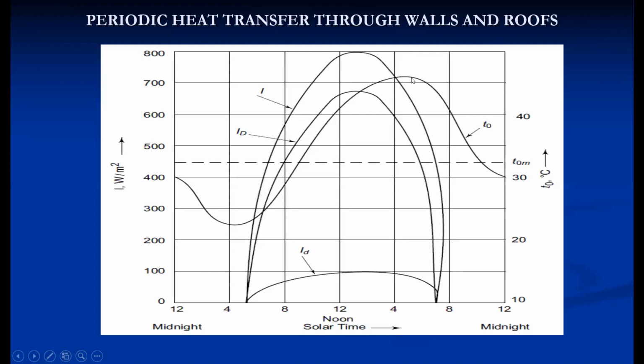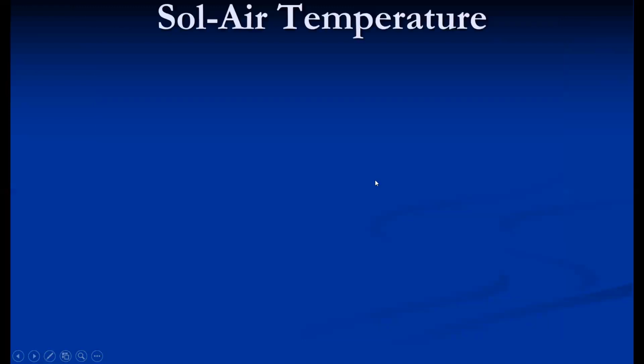It reaches the peak generally at 4 to 5, when the peak heat transfer takes place. That is the temperature on the summer side, so the outside temperature may reach 40, 45 degrees Celsius, especially at 4 to 5, and then the outside air temperature decreases. So this is a variation of radiation as well as the outside air temperature. We are going to study this even while solving the problem.